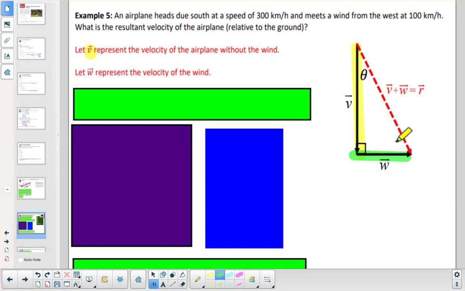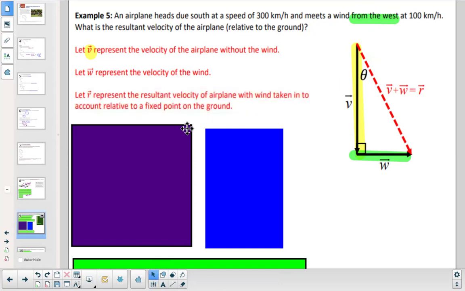It's coming from the west, so it's pointing the tail starting at one point, but moving in the direction from the west. That's actually pushing the plane a little bit more east. So what the resultant actually represents,